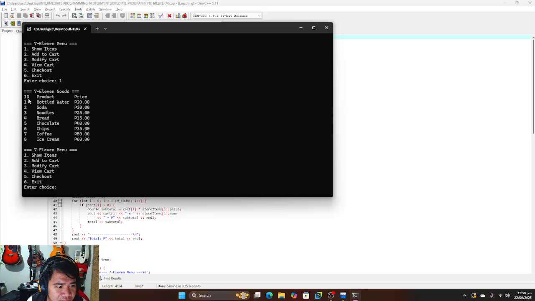This is the ID number. As you can see, the products are stored in an array with the corresponding prices. An array makes it easier to handle multiple items because we can access them using an index number.